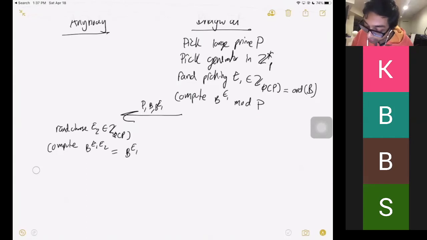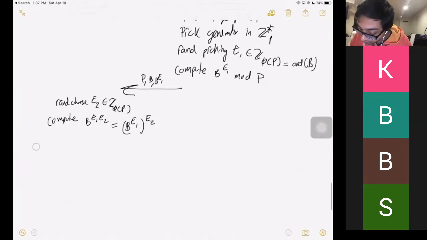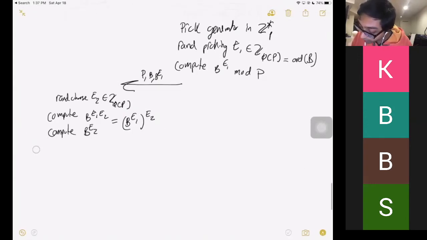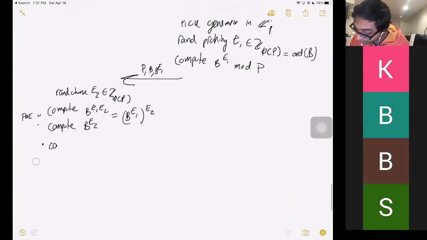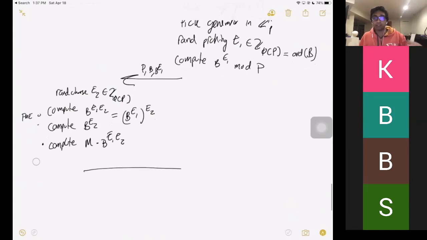These are just using fast modular exponentiation, right? And then Apurva can multiply M by B to the E1, E2 and send back to Bhagwat B to the E2 and M times B to the E1, E2, right? So in case you haven't noticed, one of these major themes, right, is that